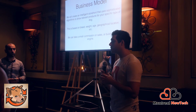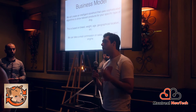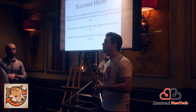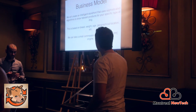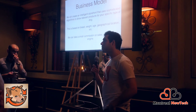Because when you walk into a pet store, there are 80 types of food. Which one is right for your dog? There are so many different toys. This is exactly what's right for your dog based on the information you're giving us: the breed, the weight, the age, and of course your geographical location as well, because if it's Montreal in the winter, you've got to get small dog shoes. So we can basically take a small commission off each sale